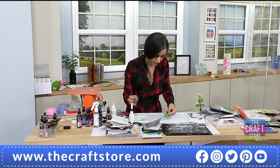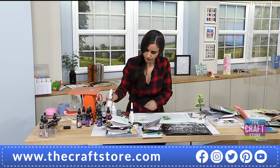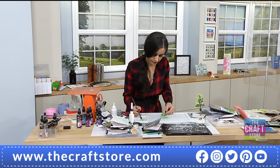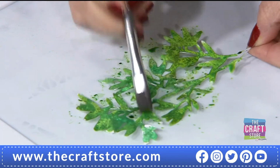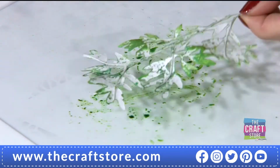Yeah. So could you also do that technique with your die cuts? I can't remember who I've seen doing it, but they cut the die cut out in foam and actually make a stamp out of it. Absolutely, so you could do that as well. But this, then you turn it over, and